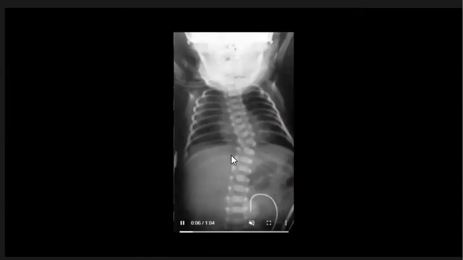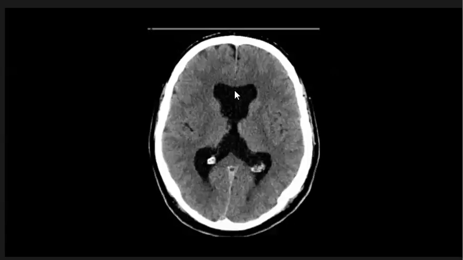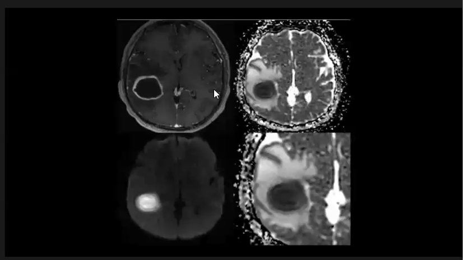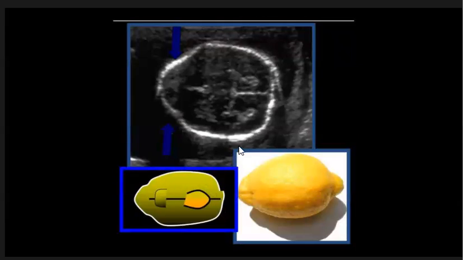hemivertebra here with scoliosis, classic case of osteoid osteoma, absent septum pellucidum with dilatation of the ventricles, craniofacial fibrous dysplasia, classic appearance, typical appearance of brain abscess on the right cerebral hemisphere, large adenoid gland, lemon sign, classic sign of Chiari malformation, and with the spina bifida,